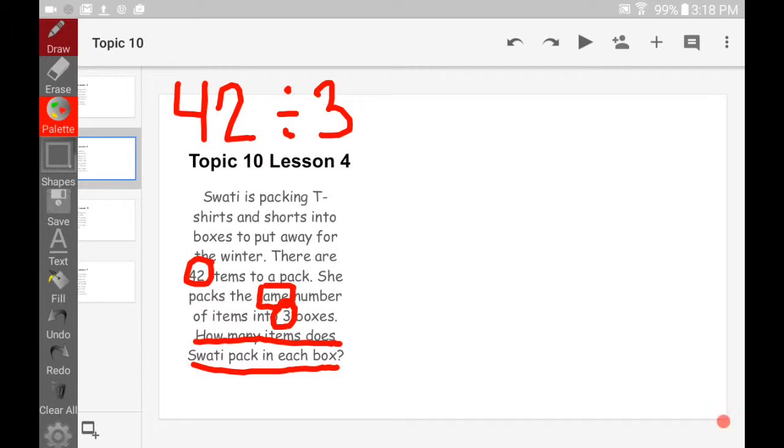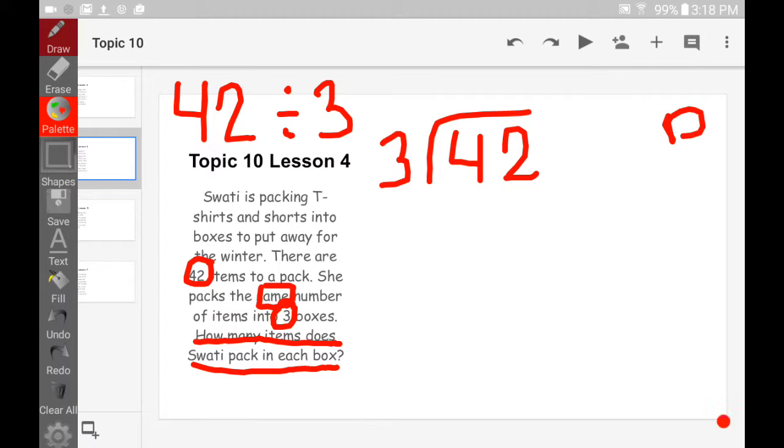divided by 3. Okay, so because we're starting with a total and working to a part, we know we need to divide. So I'm going to rewrite our problem in our house and put our Does McDonald's Sell Cheeseburgers off to the side here. Okay, and we start. Now remember, we look at that biggest place value first all the time